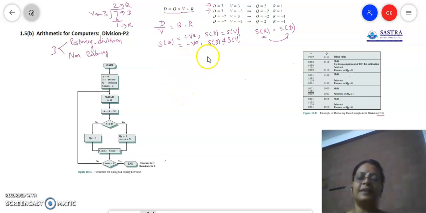We will bring down the next digit from the dividend, and then again we will continue the subtraction. Whenever we are doing the subtraction, we will first cross check. If the number is smaller, then only we are going to subtract. If the number is bigger, we bring in the next digit, and only then we will do the subtraction. If it is a manual subtraction, we can compare the two operands, and only if it is possible for us to subtract, we will proceed with the subtraction.